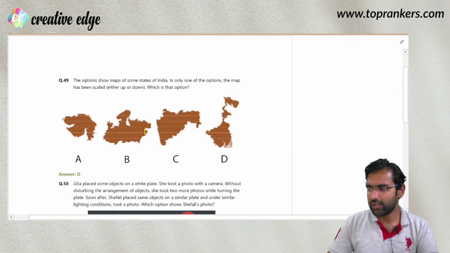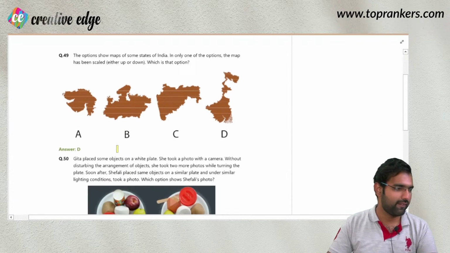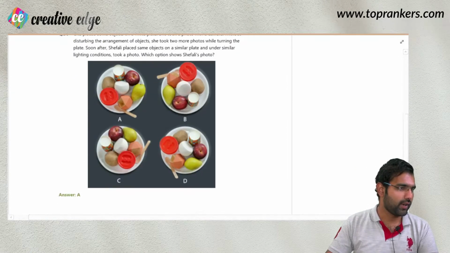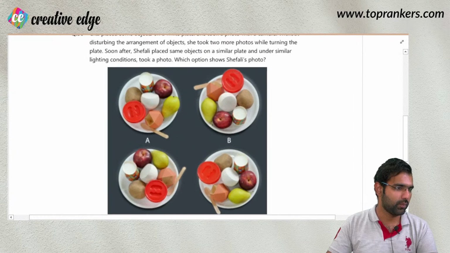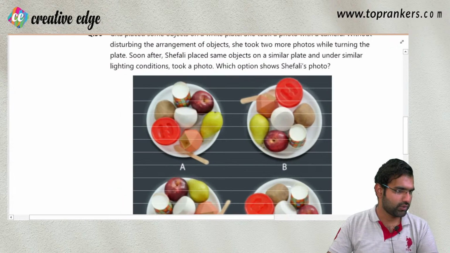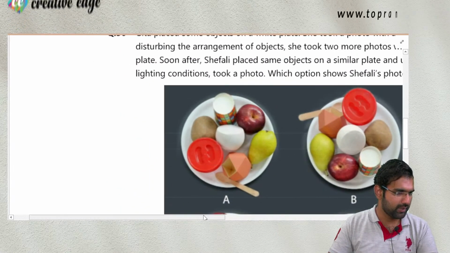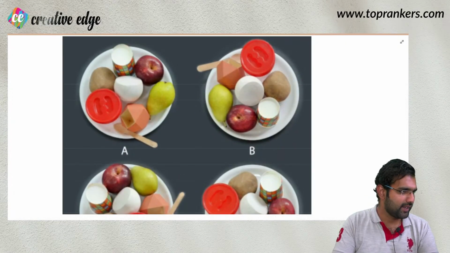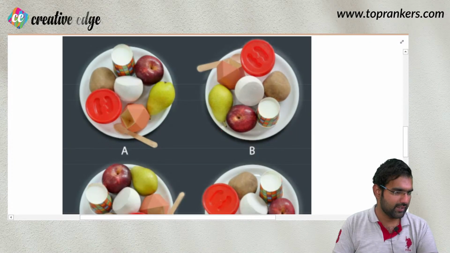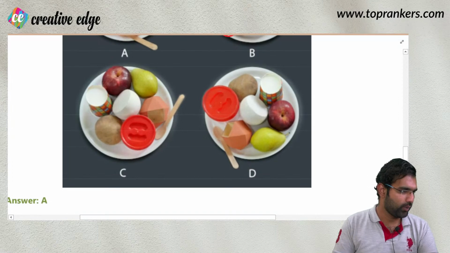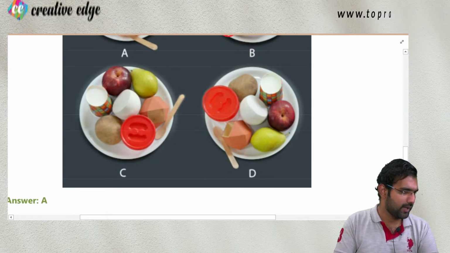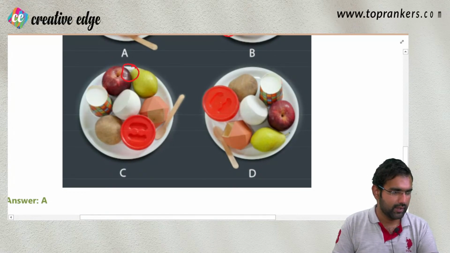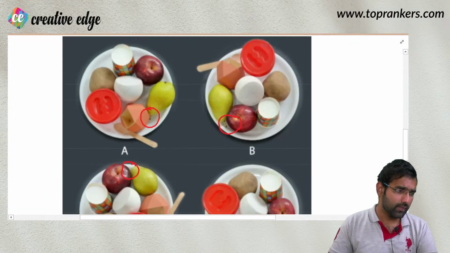ये एक सिंपल सा जनरल अवेयरनेस और जीके का क्वेश्चन था, which you should have attempted by yourself. इस क्वेश्चन को सॉल्व करने का ऑब्जर्वेशन बड़ा सिंपल सा था, which I think most of the students must have gotten. एक बहुत ही सिंपल सा ऑब्जर्वेशन you should have made. I hope question मुझे एक्सप्लेन करने की जरूरत नहीं है. If you look at this, ये इमेज में सिर्फ इतना सा फर्क है कि ये सब एप्पल को पॉइंट आउट कर रहे हैं except this. I hope you are seeing what I am trying to highlight कि ये सब एप्पल को पॉइंट आउट कर रहे हैं except option A, I believe, and hence option A should be the odd one out